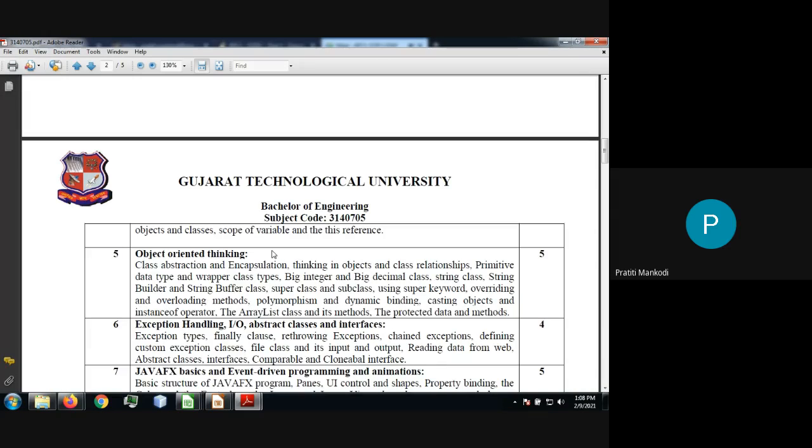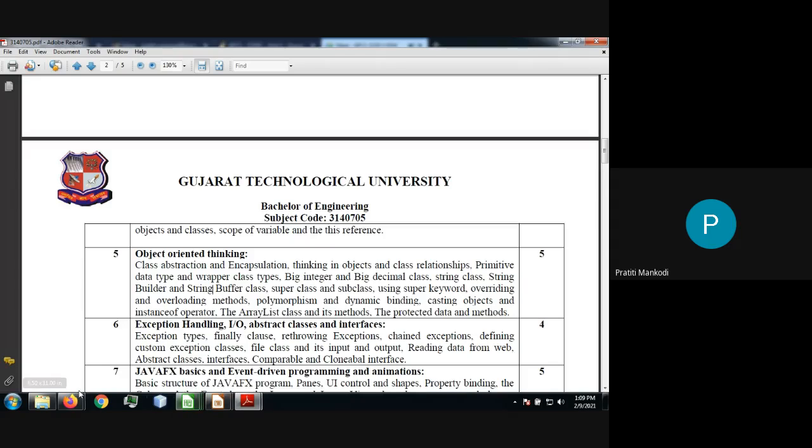Along with that, we will be learning some of the basic requirements of any Java programmer, like the string class. We have string class, string buffer class, string builder class. Right now, so far, we have only understood that we can create a string object, but what all other things we can do with that string object, which functions are related with that string object, all the things we are going to learn, right?